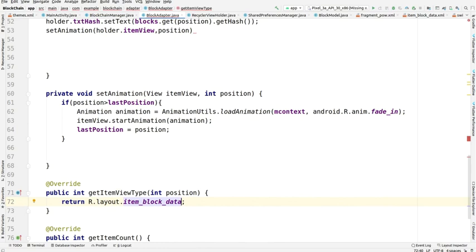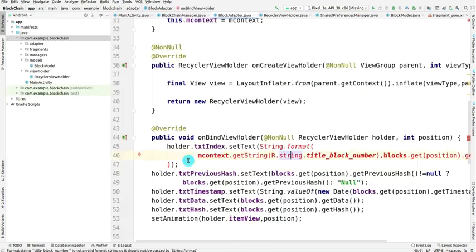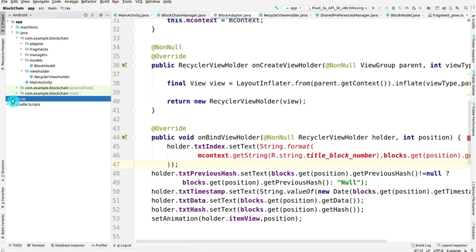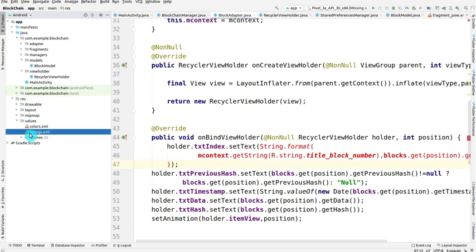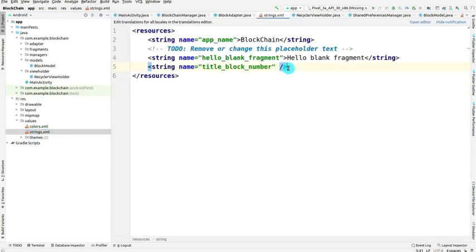Okay, so almost done. We have to correct this, so we'll go to the resources as I have told you earlier, and in the string part we will come. Here you can see that we have to change or modify this title block number by giving a format here, as we are taking integer format %d, so we have to add this here also.